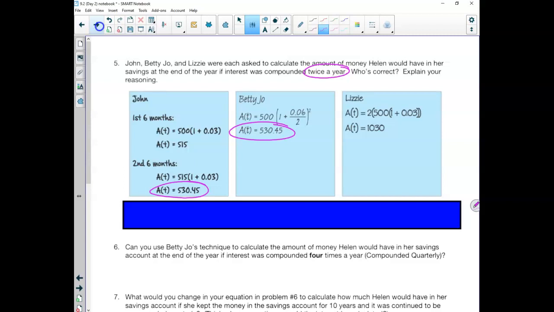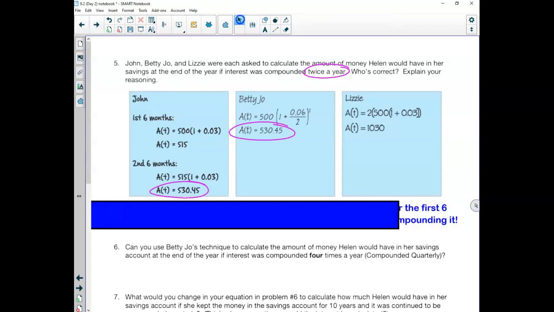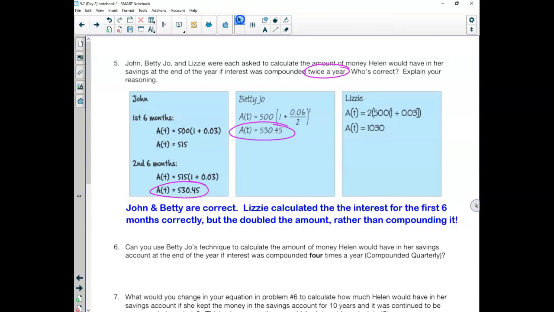Well, if you look back to the beginning of this packet, we have that formula for compounding interest. Okay, well, John compounded it differently than Betty did, and Lizzie just kind of went off the rails. Well, John and Betty Joe are correct. Okay, because what John did was